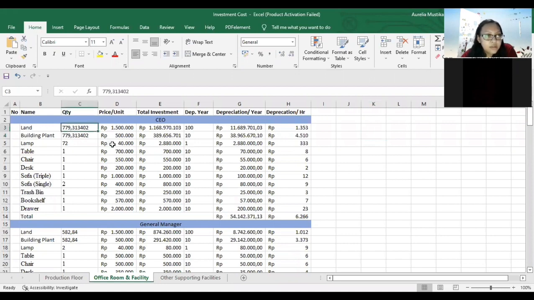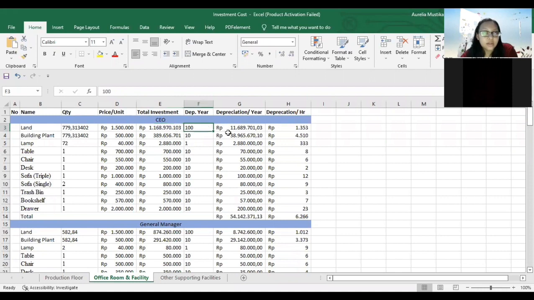The quantity is 779, and the price per unit is 1,500,000, and then the total investment is the same as the production floor: the quantity multiplied by price per unit, and then we get the score like this.